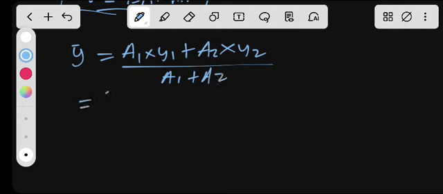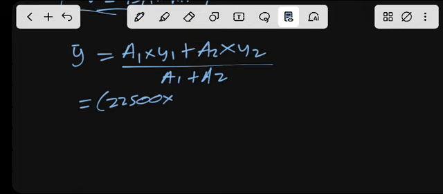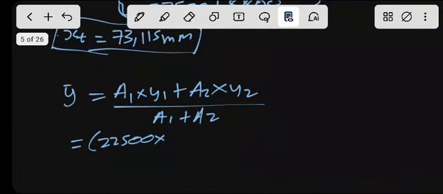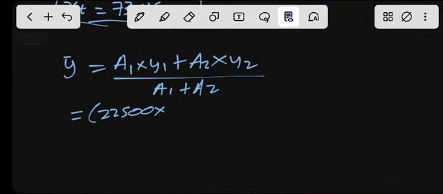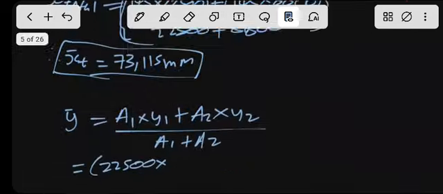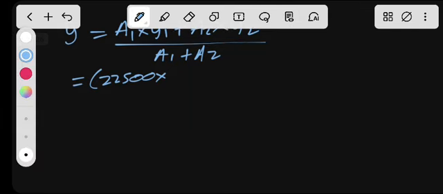We know that area 1 was 22500 multiplied by y1. Y2 is 210, y1 is 125. Okay, multiply by 125